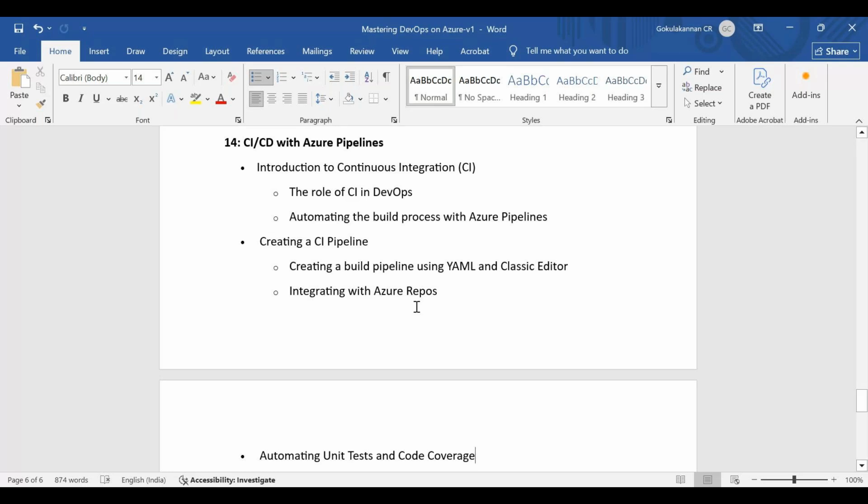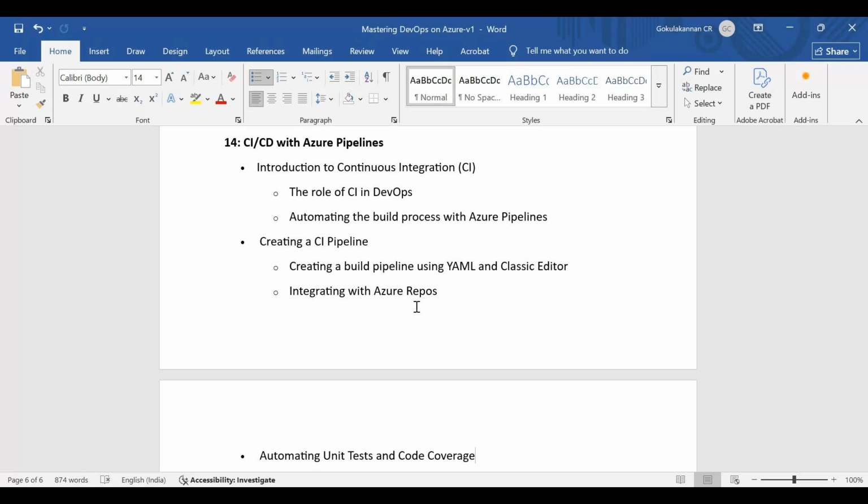There are two options available. If you are from a developer background, if you know coding, if you know how to develop, yes, there are some options available. If you are not from the development background, but still you want to use the CI/CD options, those options also we are discussing. So I'll be covering both the options, YAML based one and classic one. And also repository wise, if you are using Git repo, well and good.